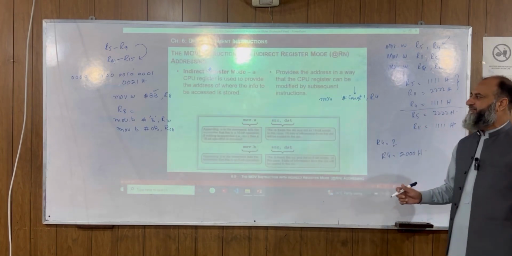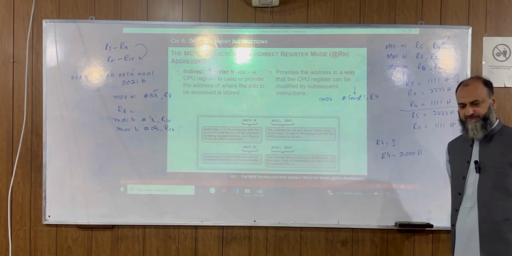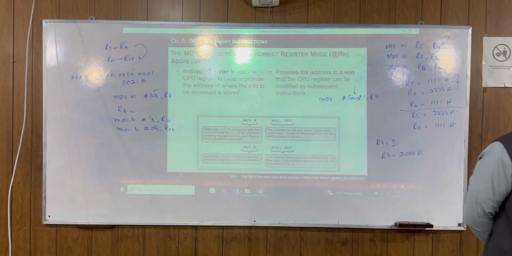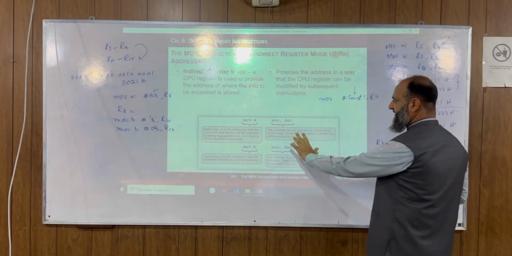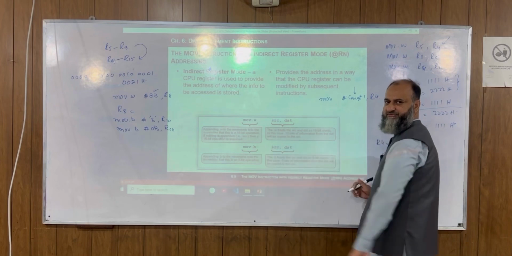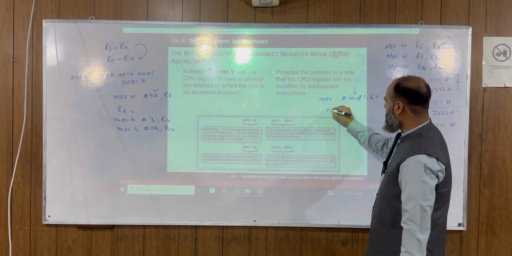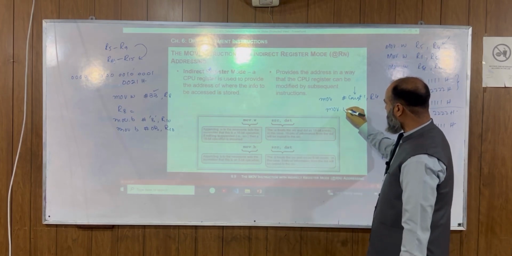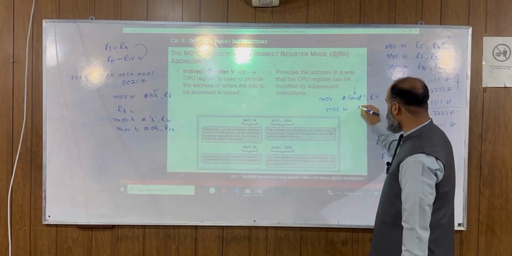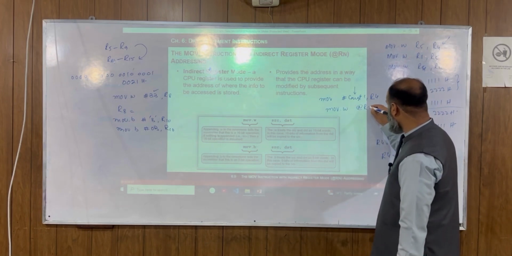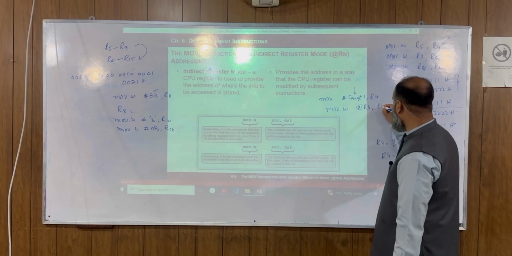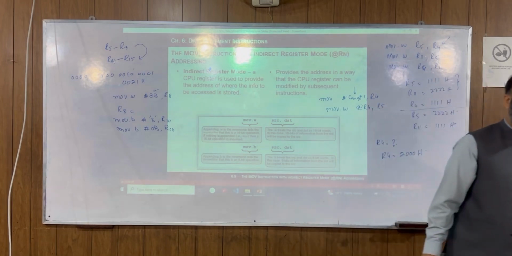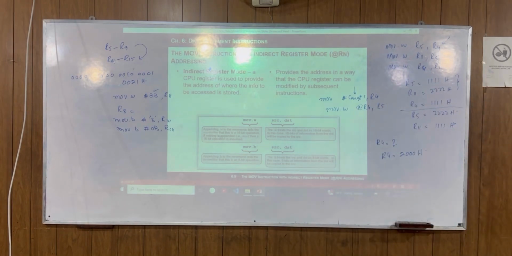Okay, the indirect addressing mode. So we are going to be representing the indirect addressing mode. The source and destination, the basic context remains the same. Again, we are going to be writing a mov.w and I stated that @R4 comma R5. Is it okay? So this is different over here.